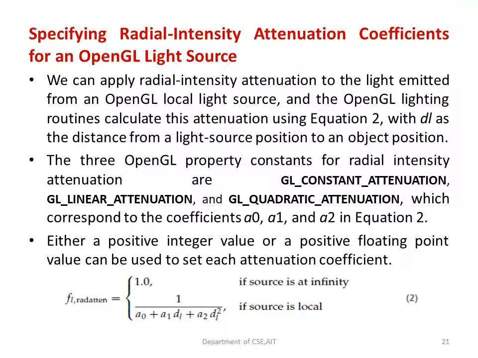And it also depends upon the coefficients that we learned in our equation 2, a0, a1 and a2. So by making use of positive integers, or you can go for floating point values, you can set the attenuation coefficients. So you can give some attenuation values and that will be set in your light. What value you want, how much you want to attenuate, can be set by making use of the API. So before going to the API, you have to know this formula 2. By making use of formula 2, I am going to set my attenuation values.